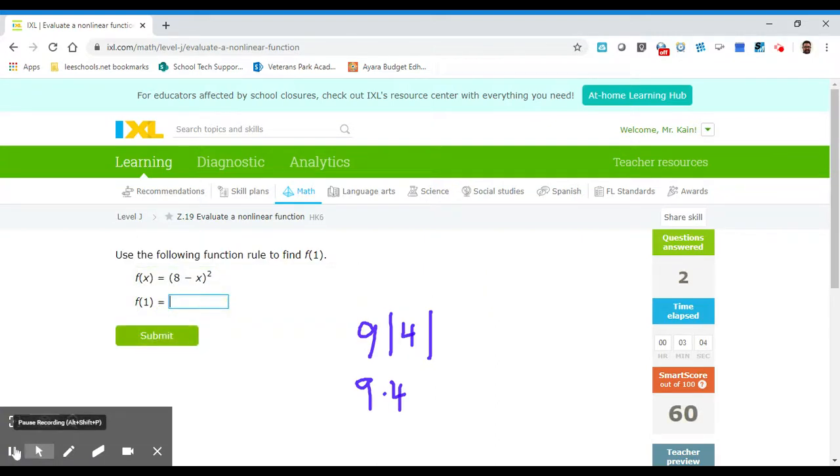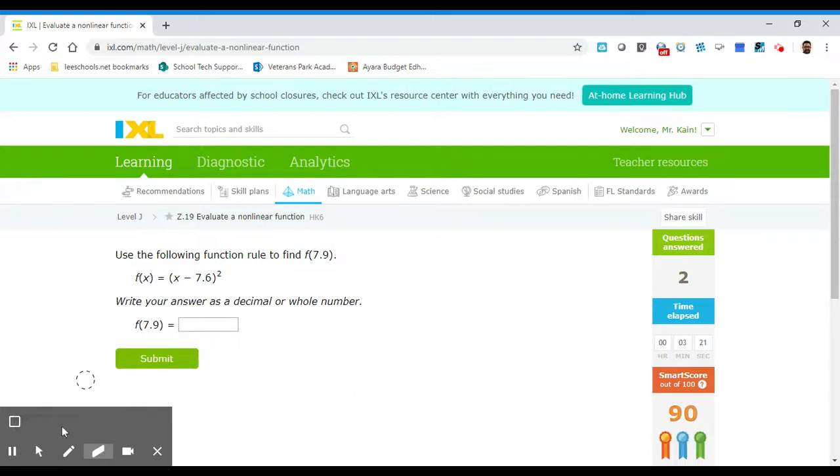Okay, let's go up another level. Now we're looking at the 90 plus, so it jumps all the way up here. And we have to find the function of 7, the function when f of x is equal to your 7.9. So the function when x equals 7.9. So let's plug this in. Let's say parentheses 7.9